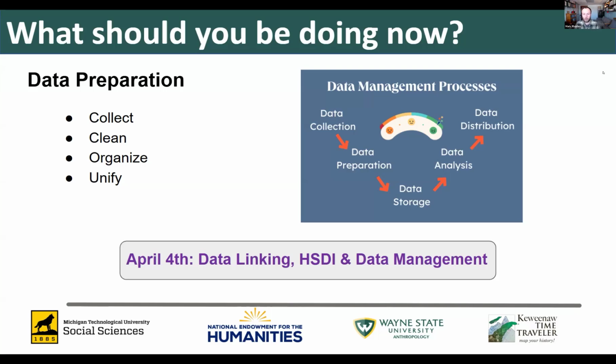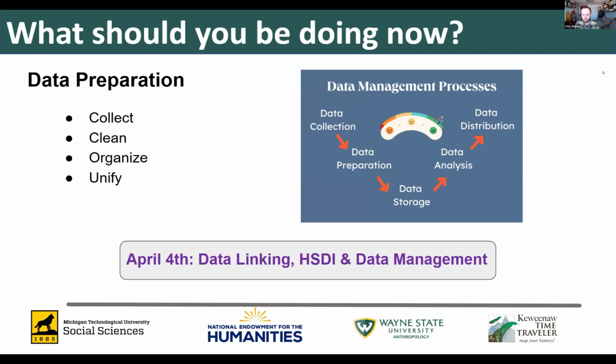or perhaps complete one portion of whatever the project might be, so that you're coming into that workshop with data in hand that you can practice with when it comes to data management and linking. When we say cleaning the data, that is going to look very different for different groups, depending on whether your data is oral histories, images, or the geospatial data itself. Then starting to organize it, which is going to be the topic of the workshop. But the more you can at least know where everything is and have it in a somewhat logical order, that's going to help a lot